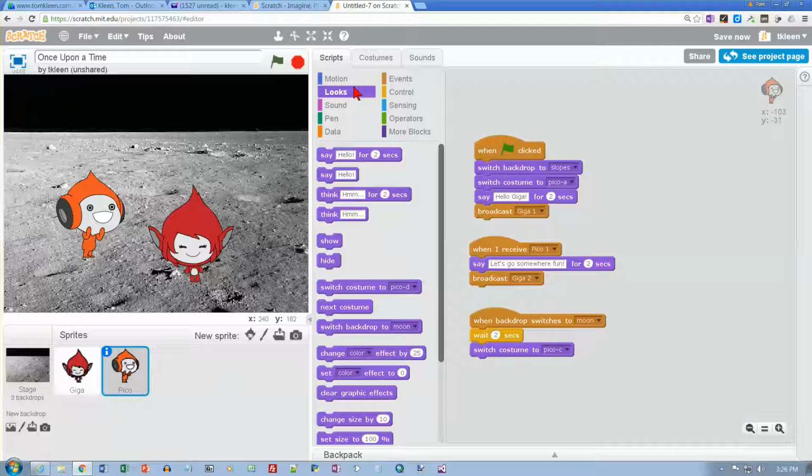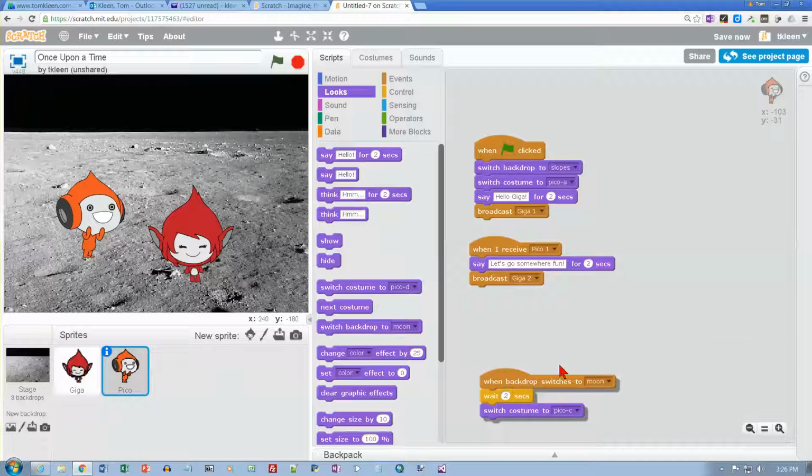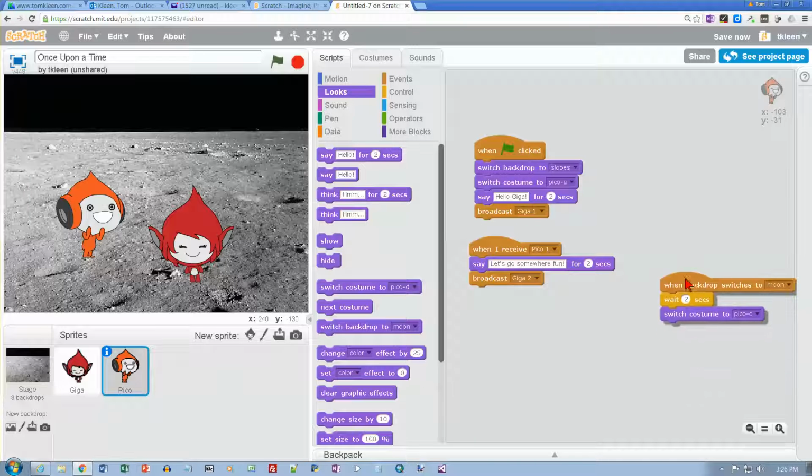So now let's go to page 30, and this says making an ending. And it says you could add some more dialogue and costume changes to finish the story. And they give us some more commands to put in. This is for Pico, and it's a third script. So first he says this, and then he says this, and I'm going to drag this over to the side,